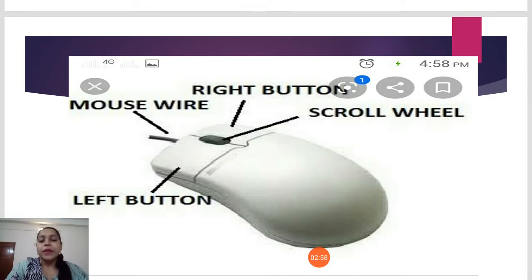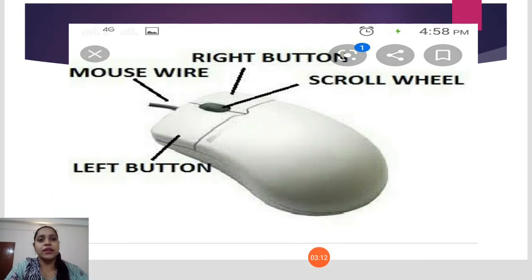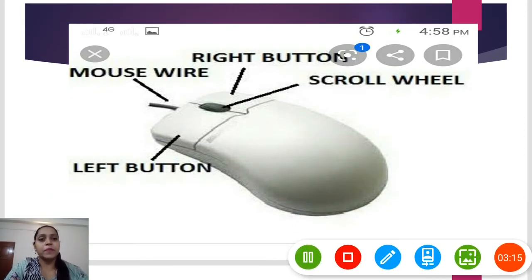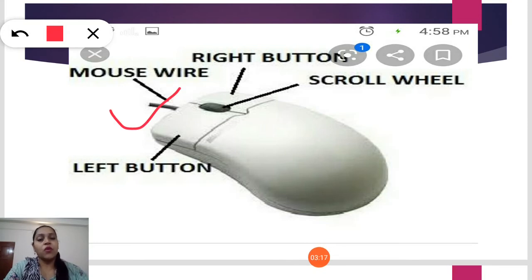So children, also you remember one thing, nowadays people mostly use wireless mouses. They don't have mouses which have wires. This part is not present there. Nowadays the mouses come without wire, and they are called wireless mouses. They have a chip connection to it, and it operates without the wire.